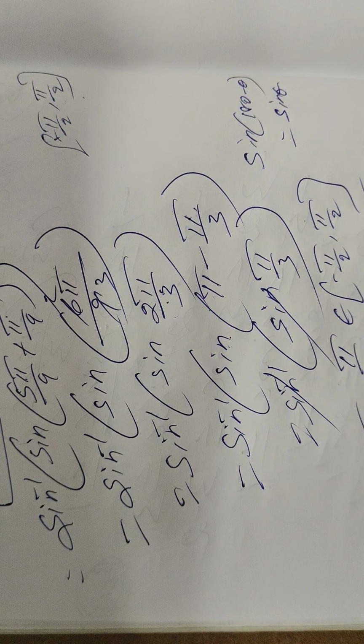This also we know one formula: cos A cos B minus sin A sin B is the formula for cos of A plus B. Here minus means here plus. Using this formula,